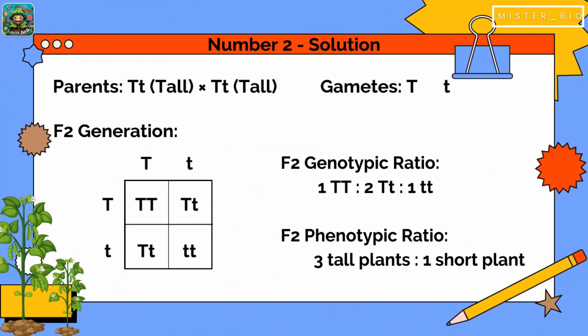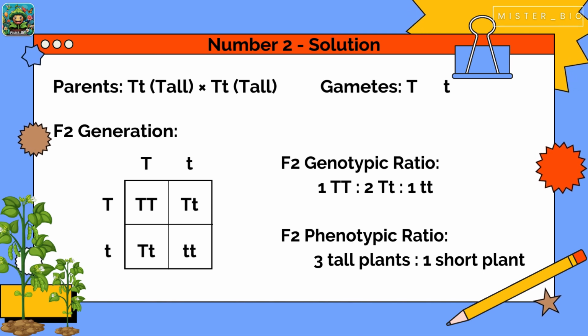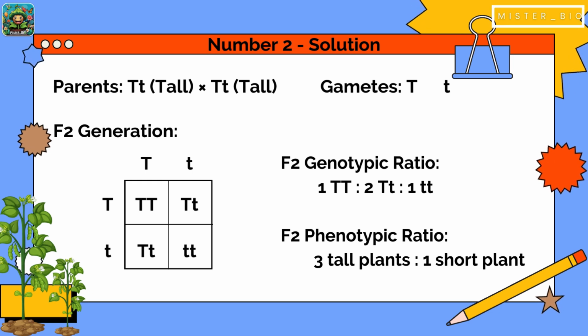Now, let's cross two F1 plants, which are two heterozygous tall plants, to get the F2 generation. For the gametes, each F1 plant produces two types of gametes: the uppercase T and the lowercase t. Now, for the Punnett square,